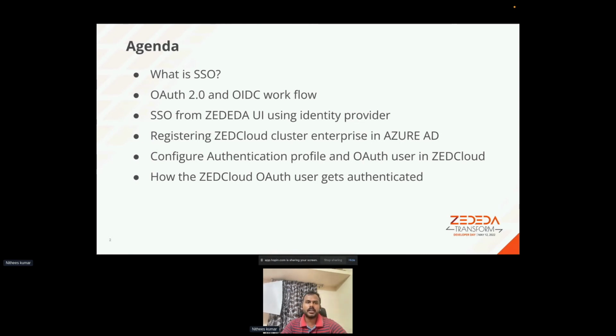Here I'm using Azure AD as the identity provider for ZControl. After that, I will show how to configure Azure AD and how to configure the Azure token and secret ID in ZControl. And we will see how to create an OAuth user, and check how it is authenticated using OAuth